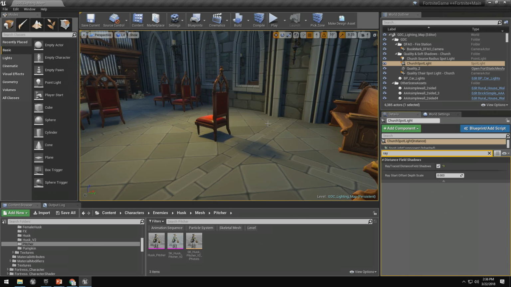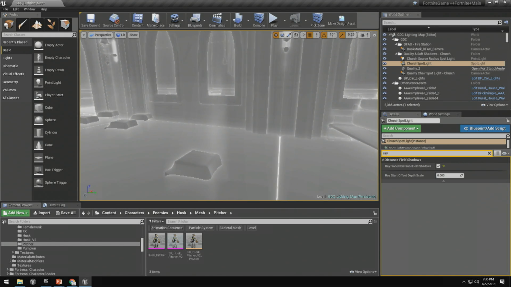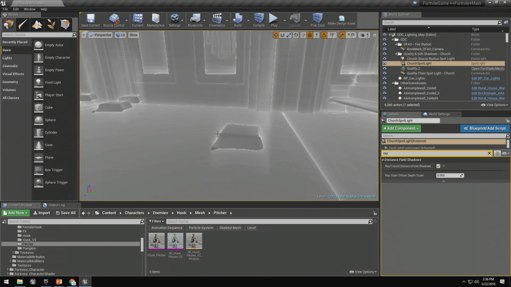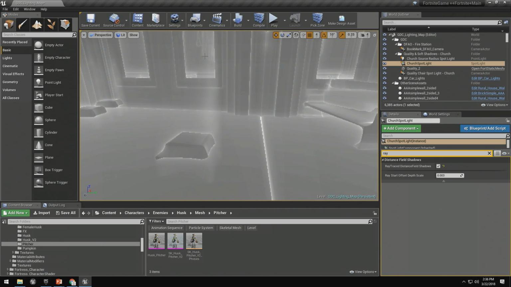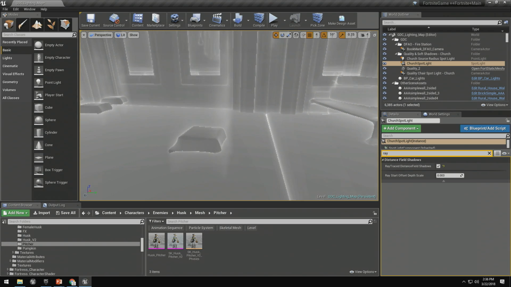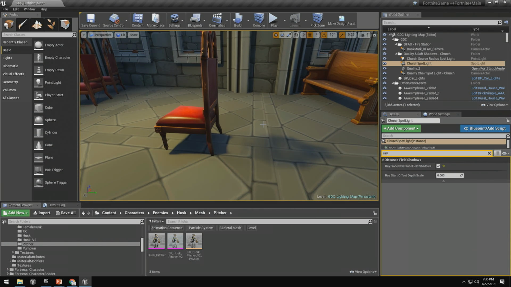And why is that? Well, if we turn distance fields back on, which I've got attached to a hotkey just to make this demo a little easier, you can start to see why. That distance field has a pretty good representation of the seat of the chair, but the back of the chair is almost not there. You can kind of see a fuzzy area where it should be, but that's it. Then if you look at the shadow again, you start to see why that's important. So how do you change the quality of these distance fields?